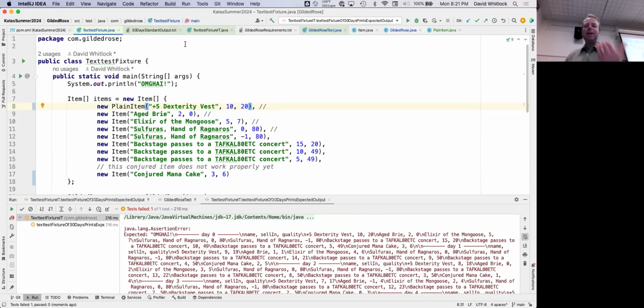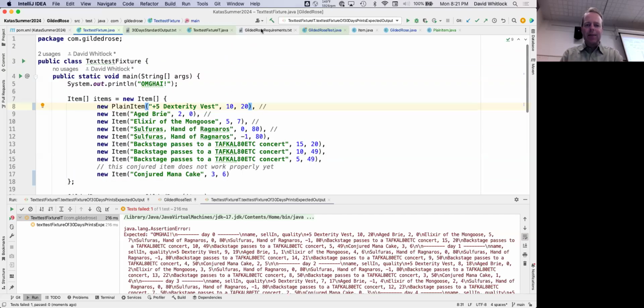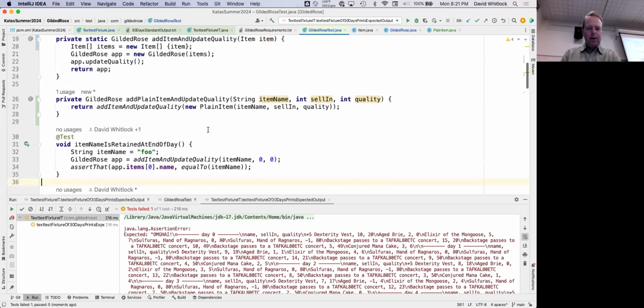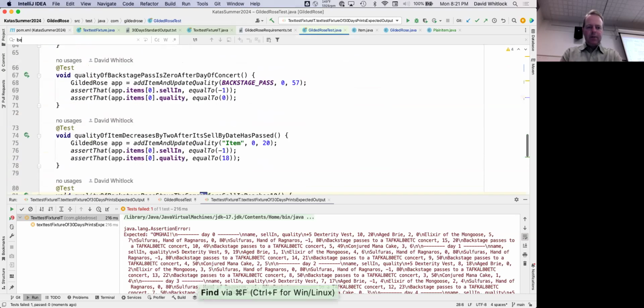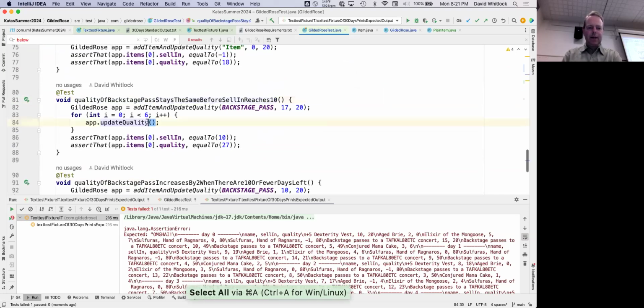Okay, so what I think is happening is that the quality ends up being less than 0, and I thought I had a unit test for that. Let's see here. So, below 0.